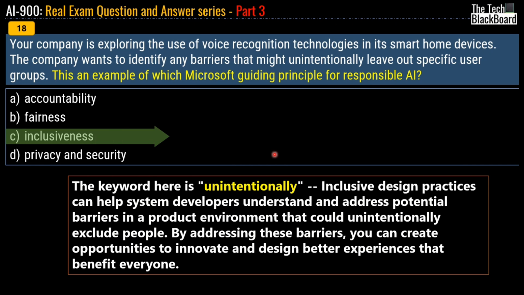Reading a little bit more, inclusive design practices can help system developers understand and address potential barriers in a product environment that could unintentionally exclude people. By addressing these barriers, you can create opportunities to innovate and design better experiences that benefit everyone. So once again, the crux of this explanation is that inclusiveness is all about including people from all strata or